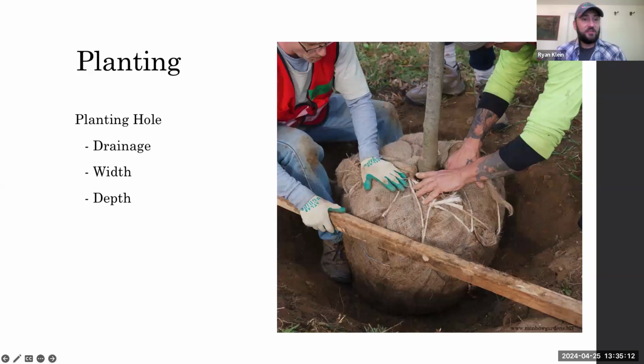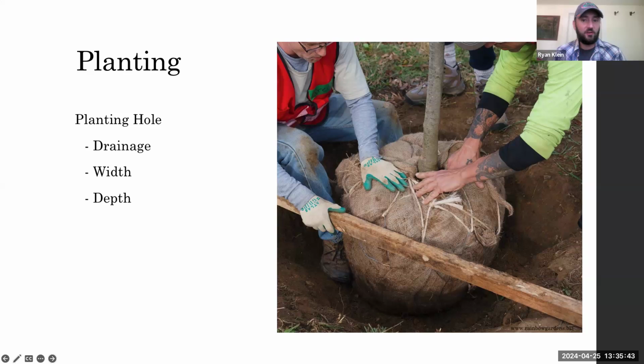As far as some other things to consider, drainage. You want to make sure you don't have excess water standing in the hole, creating anaerobic conditions. So you might have to address that maybe with drainage tiles, or putting a layer of gravel in, vertical holes, things like that, French drains. And then the width of the hole. Typically, if you have high quality soil, you don't want to dig any wider than you need to.